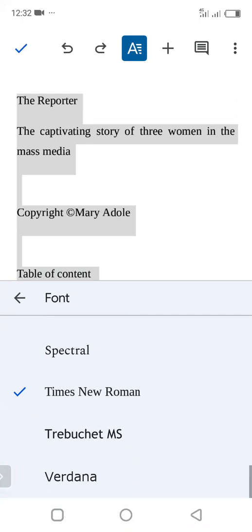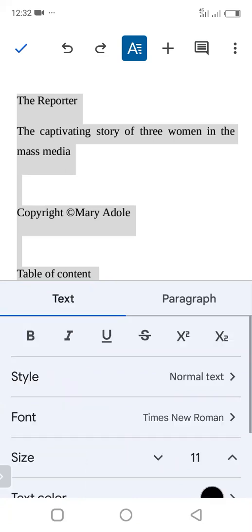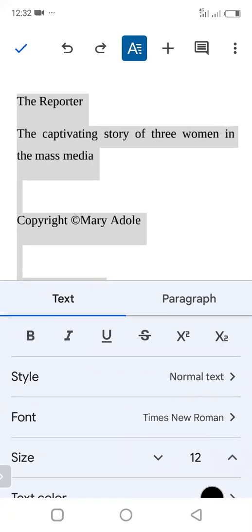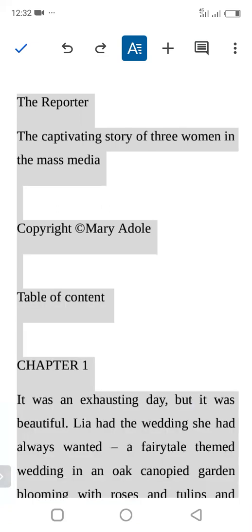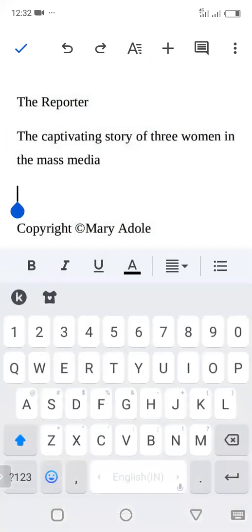Right, and the size. Then when it comes to the size, you can use 12 or 14. Usually it depends on your book. So now that we've gotten our font style and our font size,